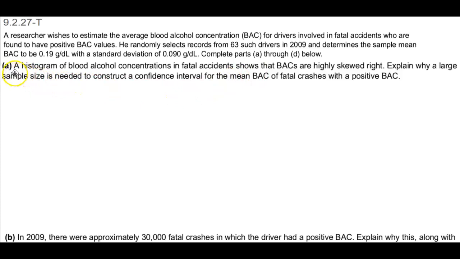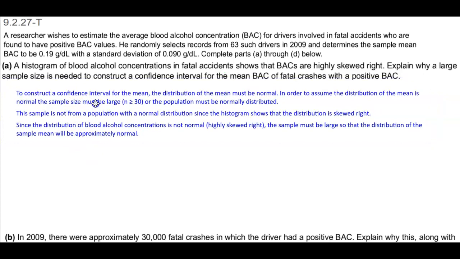For part A, it says that a histogram of blood alcohol concentrations in fatal accidents shows that BACs are highly skewed right. Explain why a large sample size is needed to construct a confidence interval for the mean BAC of fatal crashes with a positive BAC. Well, since the histogram is skewed right,